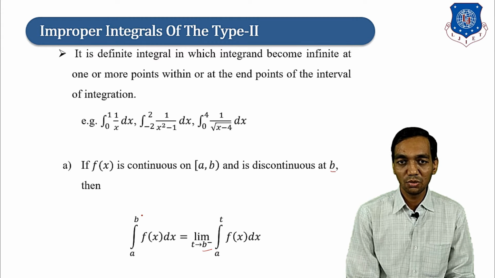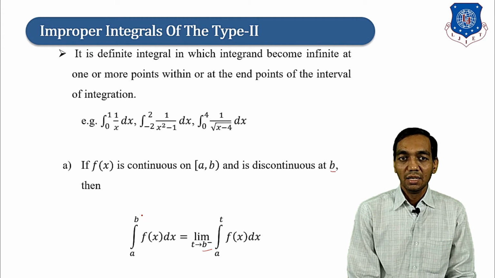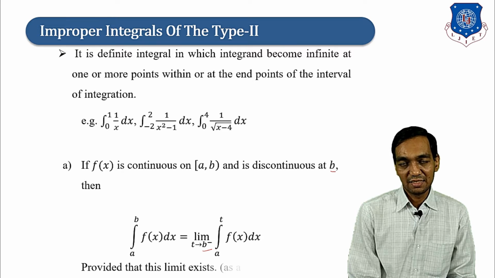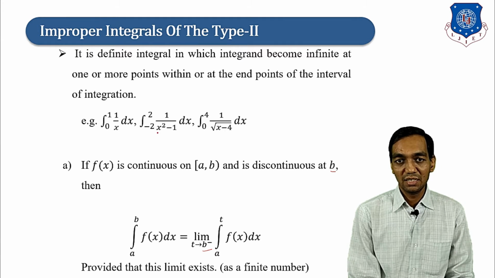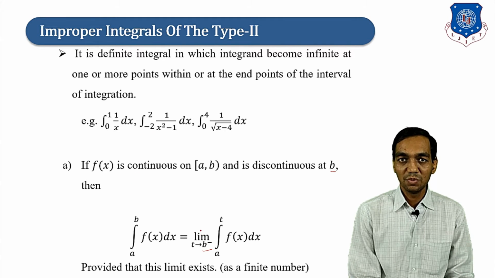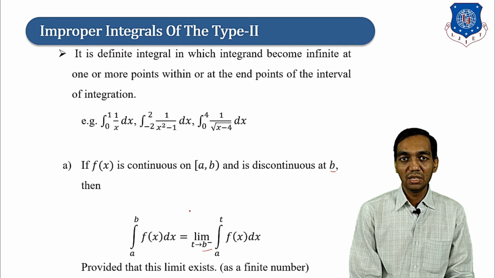Then also the answer is going to be the same. Provided that this limit exists, then we are going to write it in this form and it must be finite. In the same manner, instead of that,